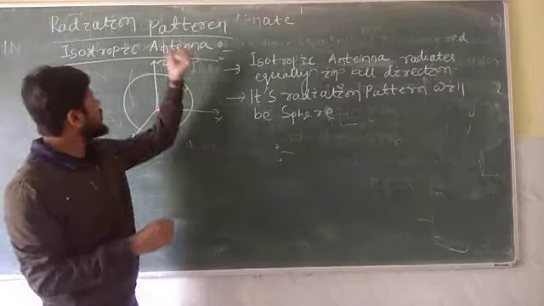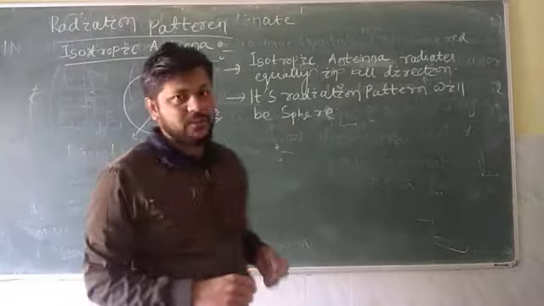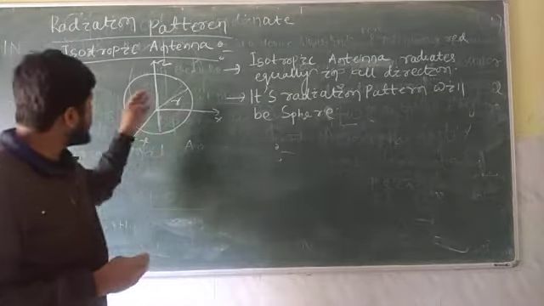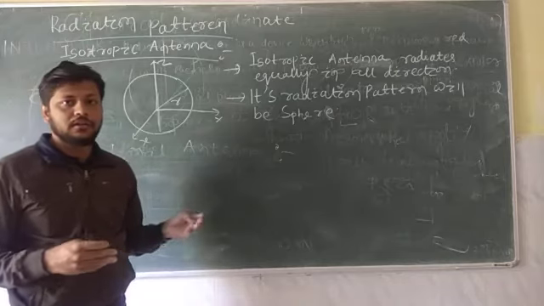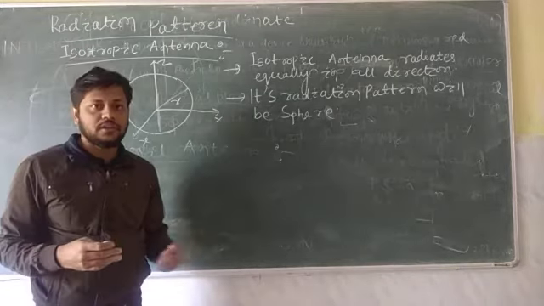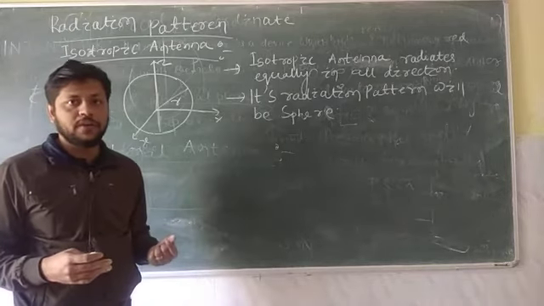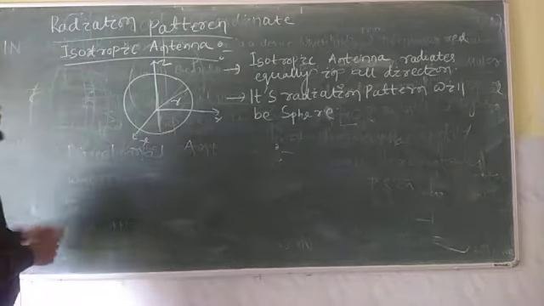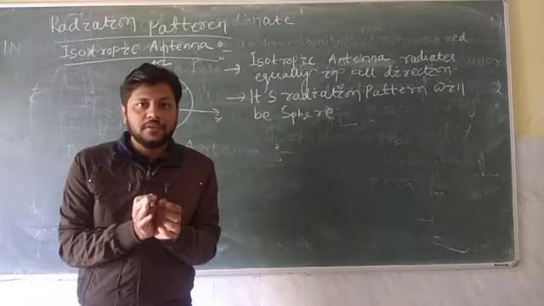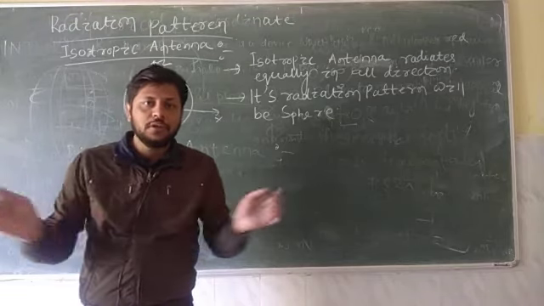So first we will see the radiation pattern. I am going to prove this radiation pattern mathematically, but in this lecture we will plot the radiation pattern directly and study a few terminologies. In the next lecture I will show you how we draw the radiation pattern of an antenna. First of all, radiation means how the electromagnetic waves are spreading out from your antenna.